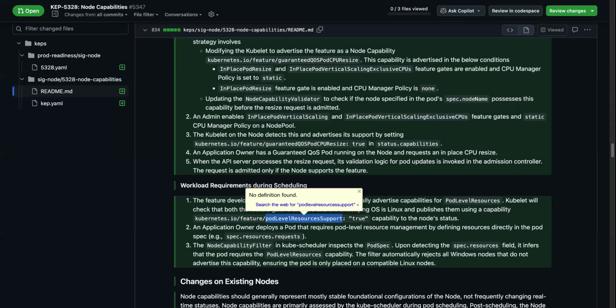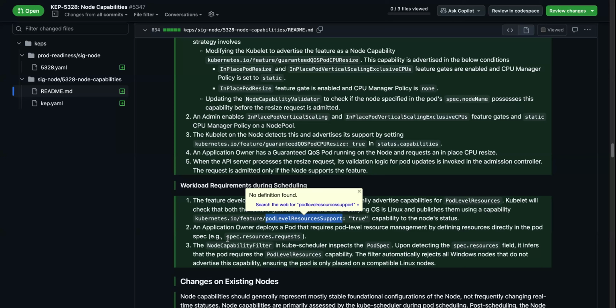Currently it's not enabled on Windows nodes. So the kubelet will need a change which would add a capability that looks at the feature flag, and also looks at what OS the node is currently running,